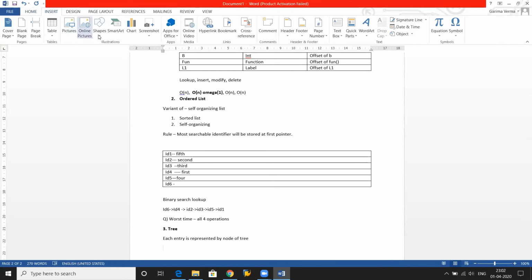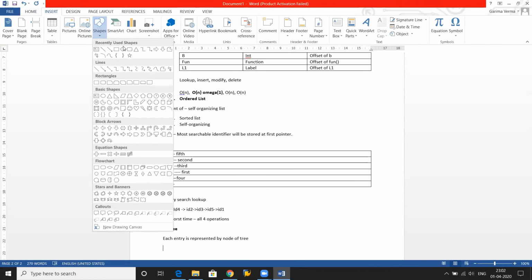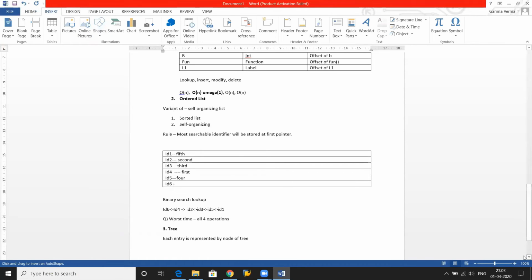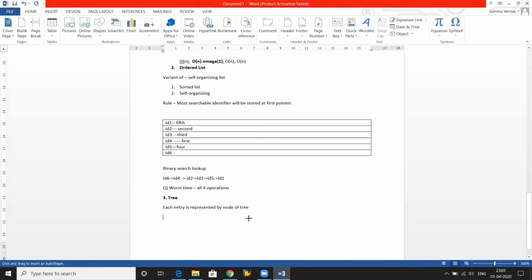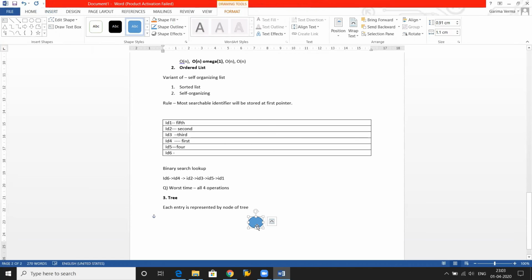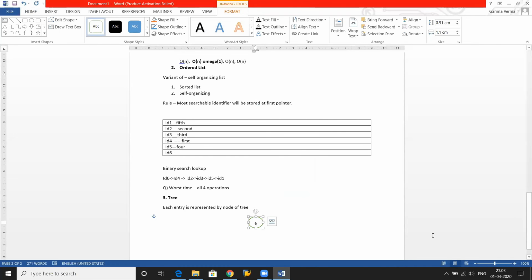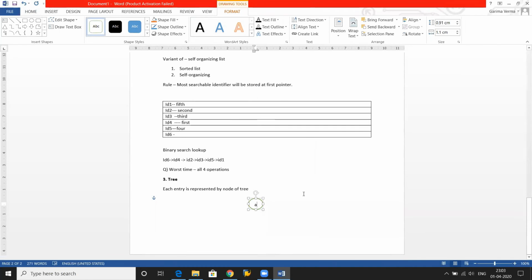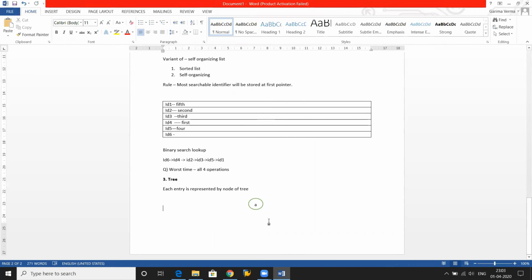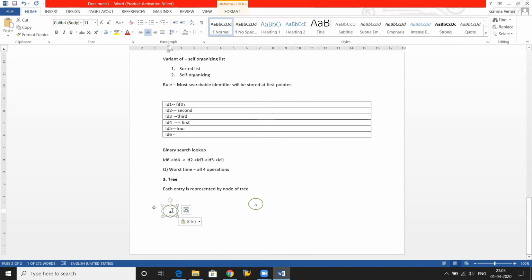I am trying to design a tree of the program that we have discussed. Suppose the first symbol is A, right? So the first symbol will be A. Then the next symbol is B. So B is greater than A. So obviously this symbol will be inserted into the right side of the